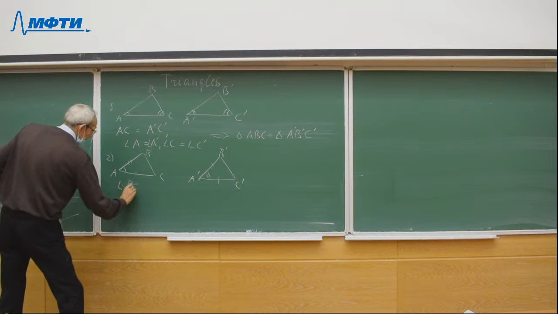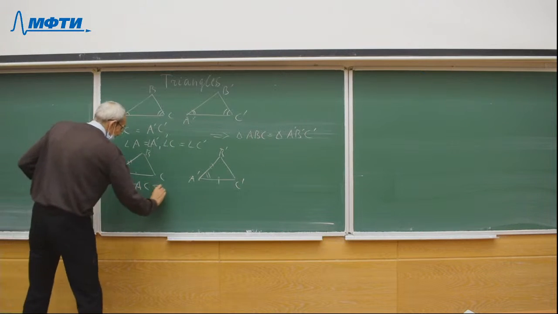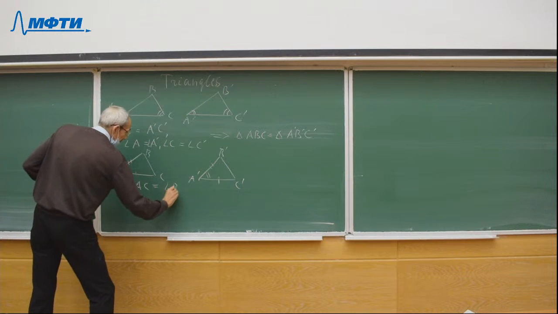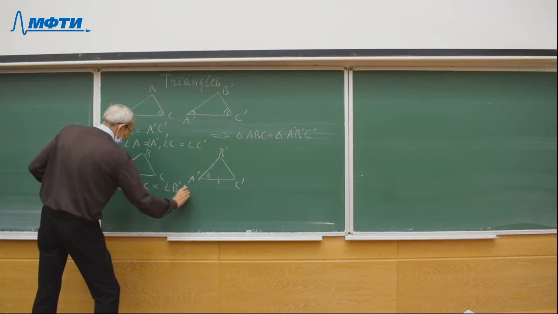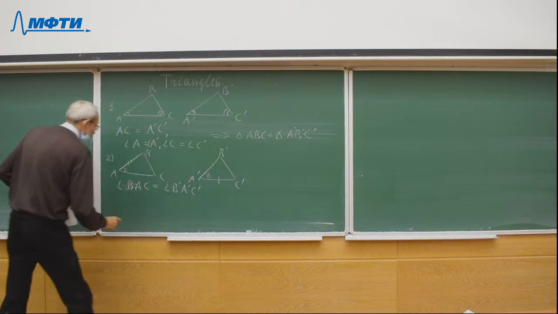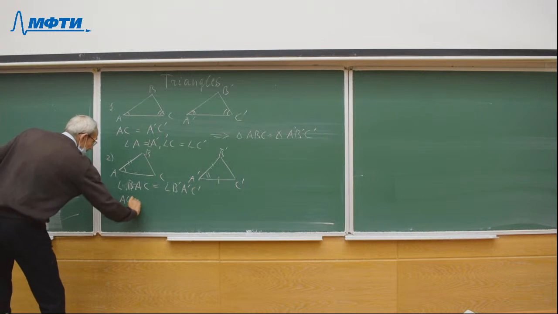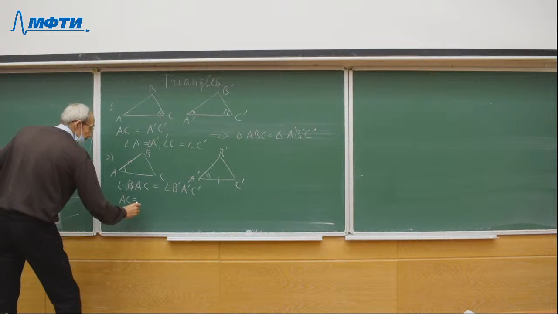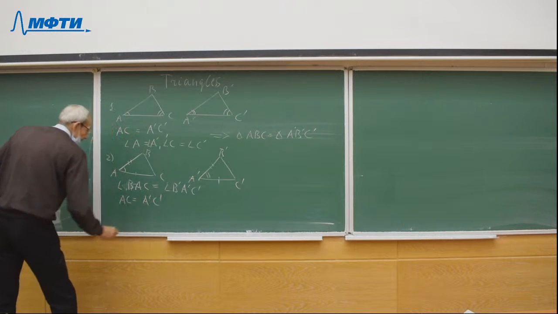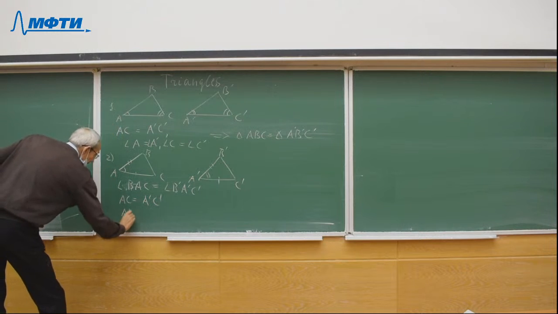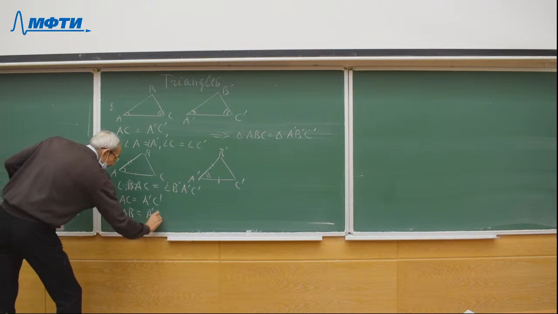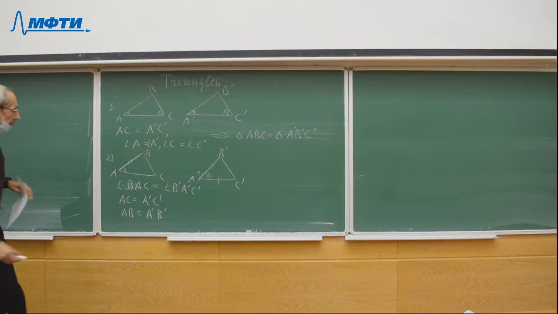Maybe angle BAC is equal to B prime A prime C prime, AC is equal to A prime C prime, and AB is equal to A prime B prime. Then